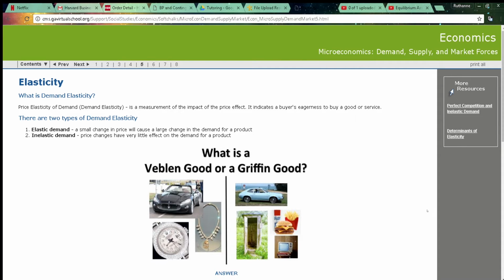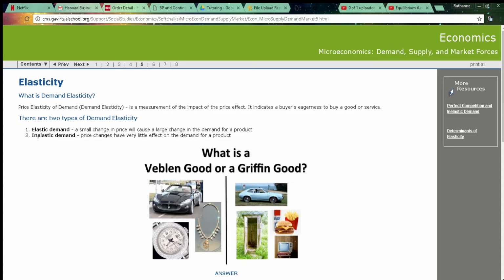This is a short video that's going to go over the concept of demand elasticity as it relates to price. There are two types of demand elasticity: elastic demand and inelastic demand. Elastic demand means that a change in price will cause a change in demand. So elastic meaning able to change, inelastic meaning a change in price will have very little effect on the demand,